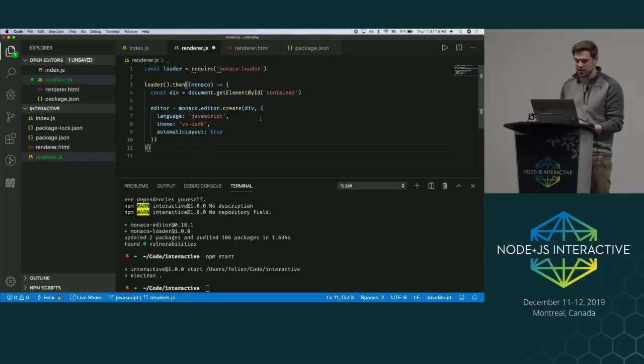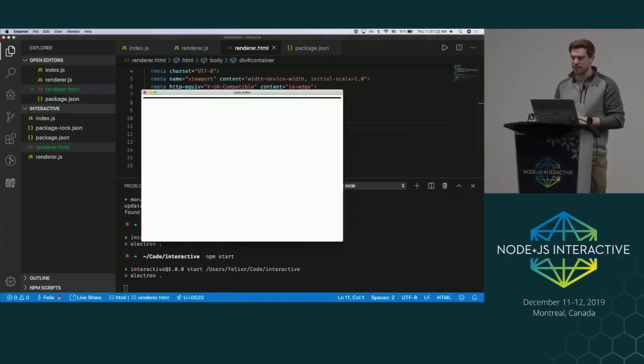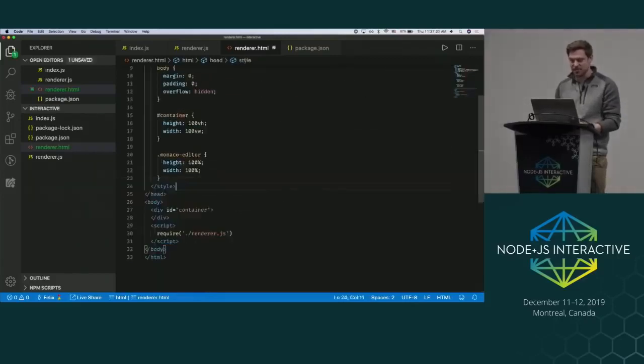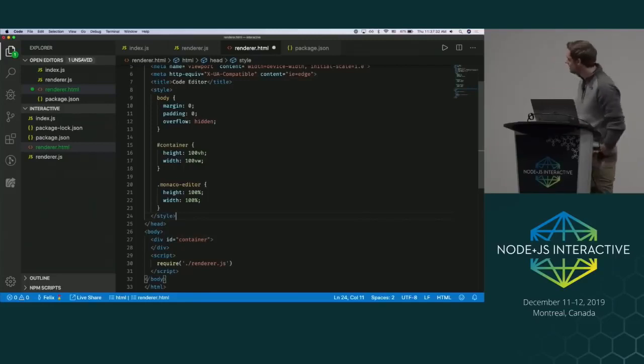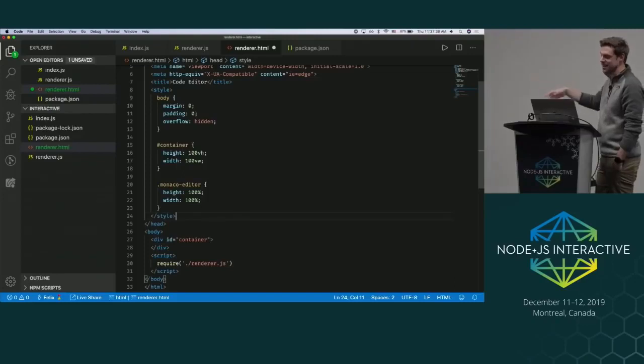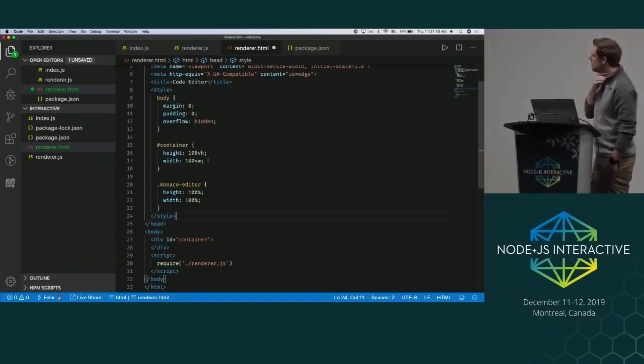When we start, this is going to look terrible. But I'm going to do it anyway, just so you see how terrible it looks. Looks like this. A little thin. Not to worry though, like a good chef, I prepared some CSS. It's not overly complicated. What I'm doing is I'm saying no margins, no paddings, no overflow. Make sure the editor itself has 100% width and height. And then I'm giving the container also full width and height of the viewport,